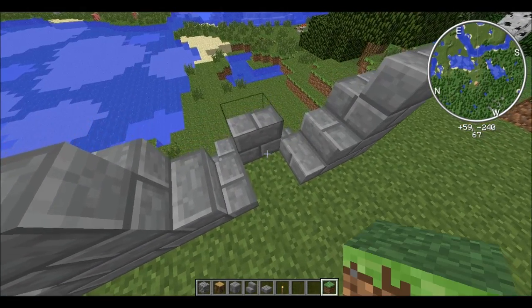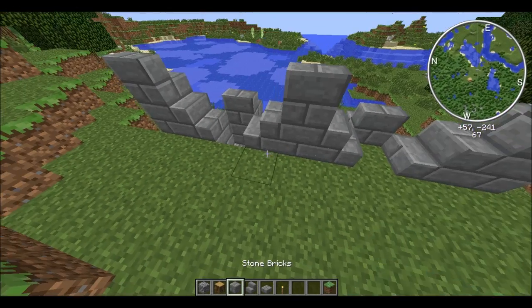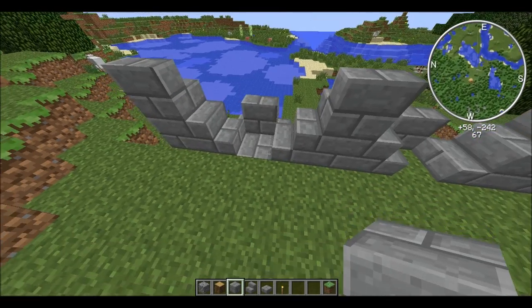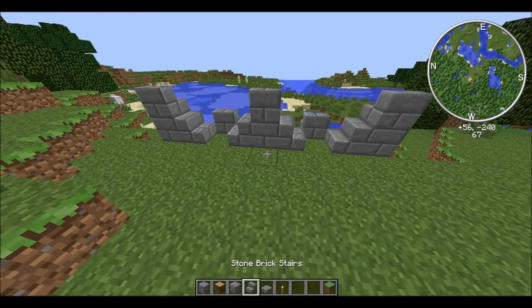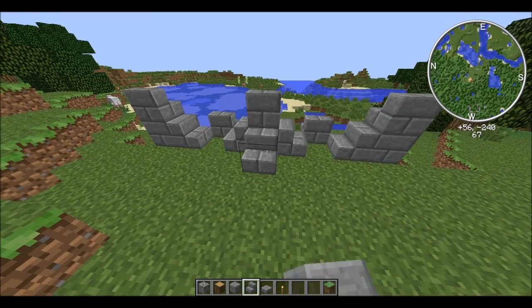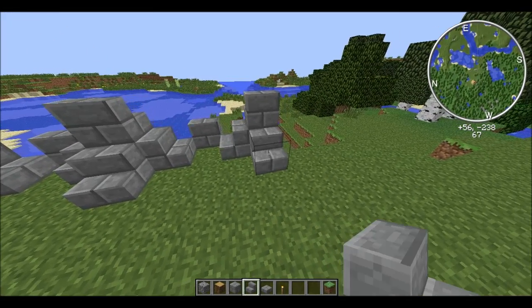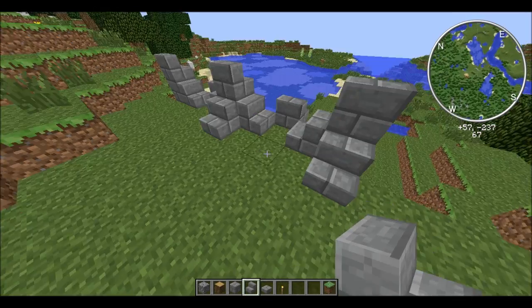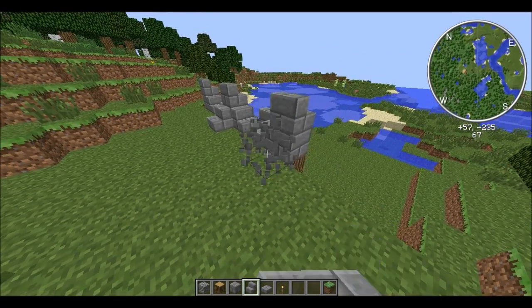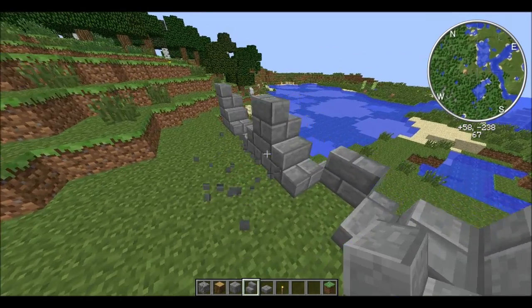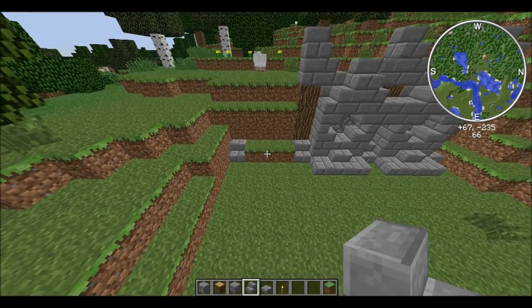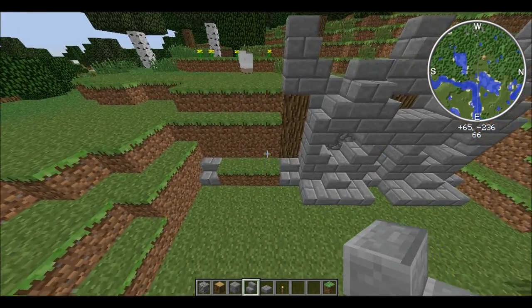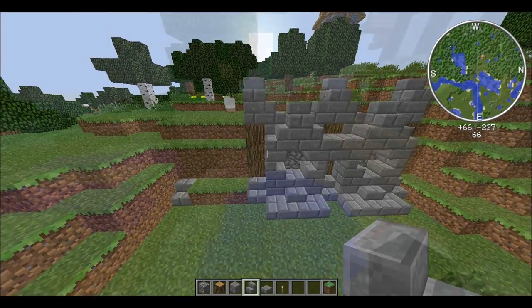And then in that block you can fill it in with grass, or you can just fill it in with stone bricks. I personally like grass, so we're gonna keep that as grass for this video. Another optional thing you can do is put stone brick stairs behind it like this, and if you think it's too boring without that, then you can do that, but I usually just leave it blank. And yeah, and also I'm going to show you what it looks like in an actual city and what the stairs kind of look like too, so just a sec.